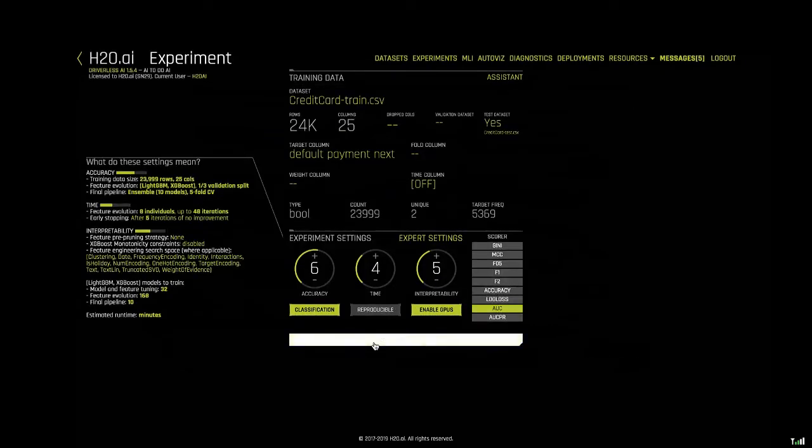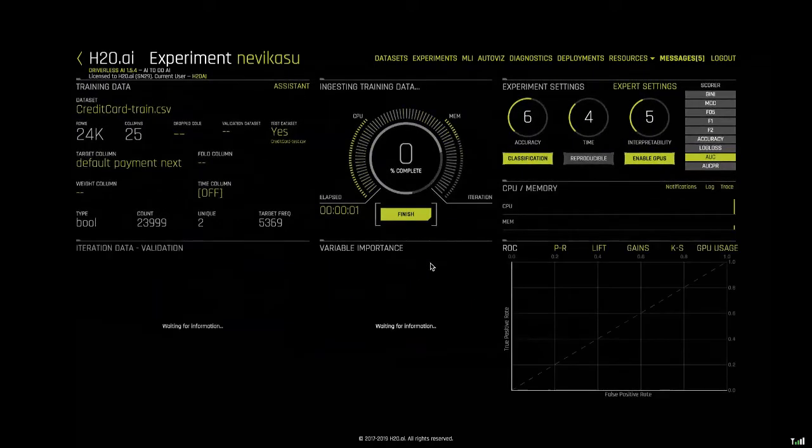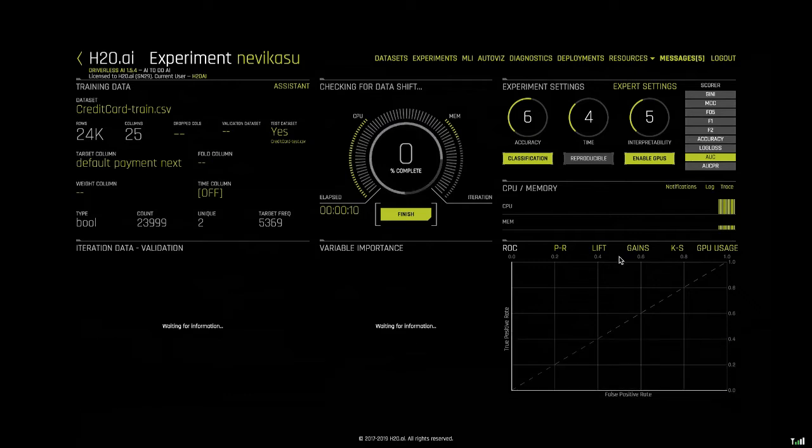Now it's time to launch the experiment. So when we launch, basically what it will do is bring you into the running experiment page. What this gives you is several different views of what's actually going on during the experiment. You will get things like, once it has created the first model, you'll start to get things like precision versus